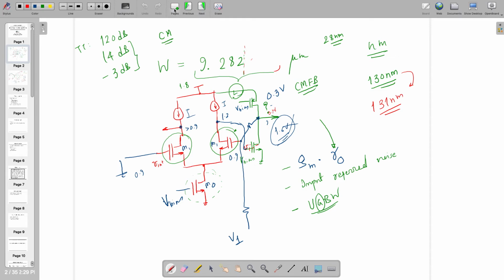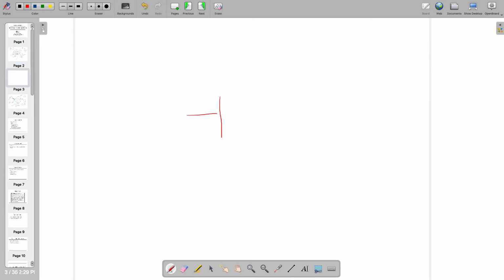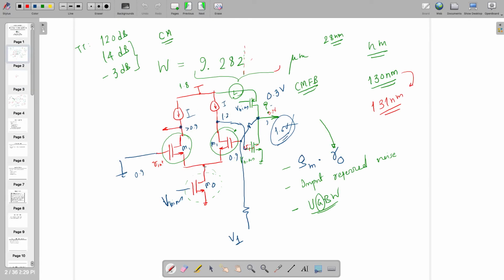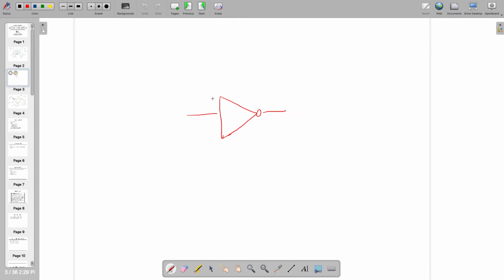So let's assume that this is an inverter, right? This circuit was also an inverter whose gain is very high, whose gain is minus gmro. So it's an inverter. Whatever you are giving as input, output will actually be the inverted version of that. So I'm calling it an inverter, right? Depending on what kind of inverter, class A, class B, it's depending on the efficiency. So we are not looking into that. But if such a system is like this, whose gain is